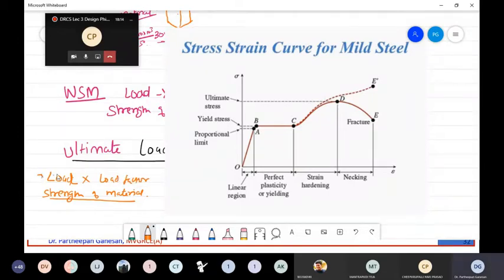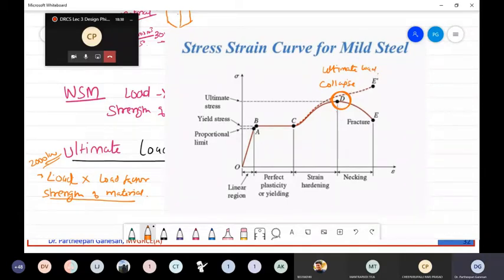Let us say there is an applied load. We had 2000 kilonewton as the applied load. What we will do is multiply this applied load by the load factor to get the collapse load. This is called collapse load or ultimate load, and you analyze the structure only for the collapse load.